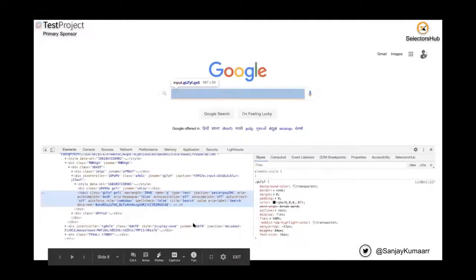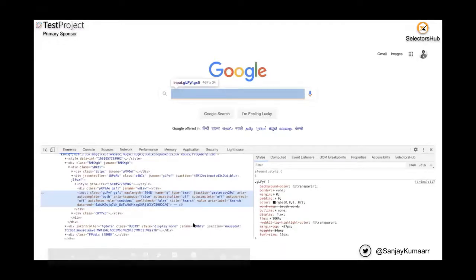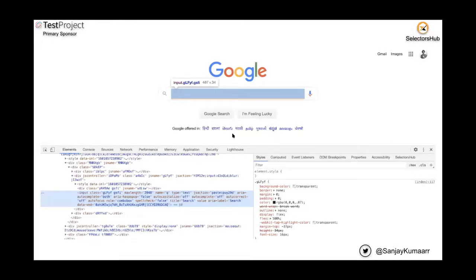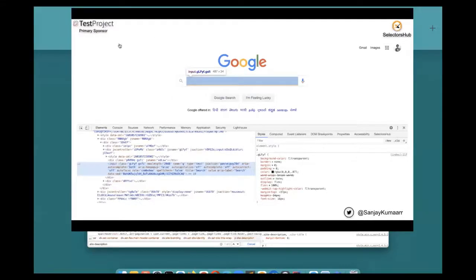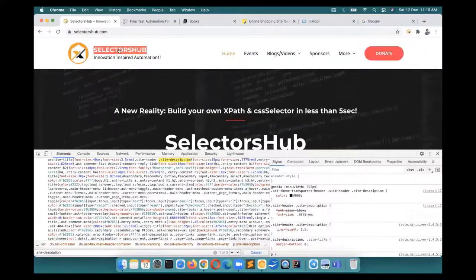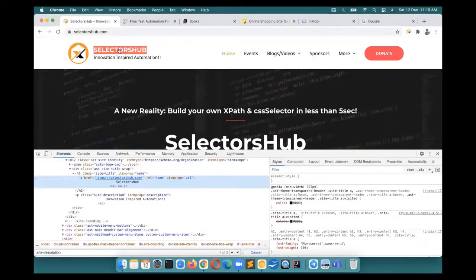Now, the question comes: how do we write the selectors? If you see any web page, we inspect the element and immediately we do Command F, right, like this. So here, suppose we have to write an XPath for this element selector sub here, how do we do that? We will inspect this element. This zoom is very annoying.